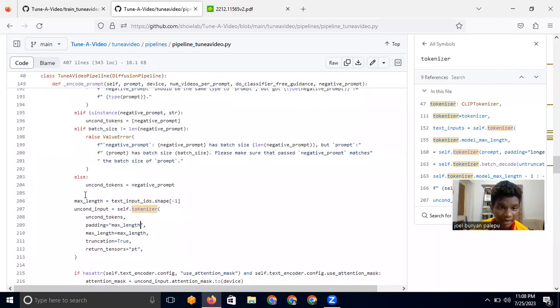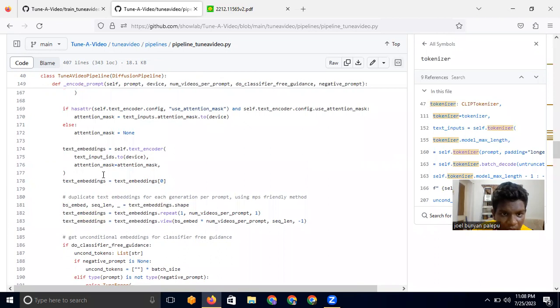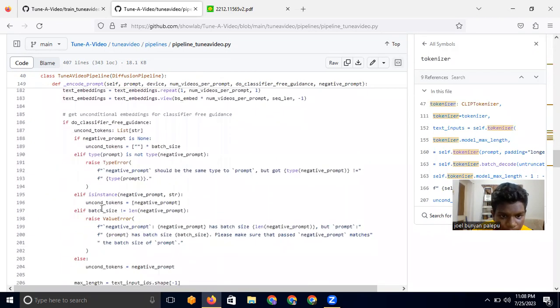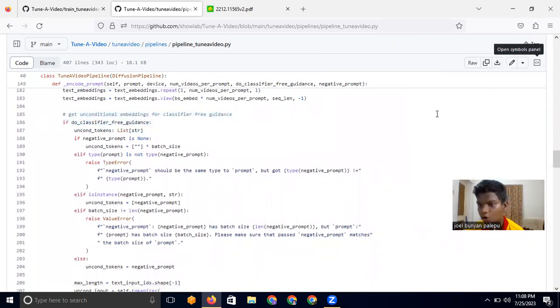So this is the unconditional input. Get unconditional embeddings for classifier free guidance. We'll be performing classifier free guidance. I hope you know what classifier free guidance is. So essentially what we'll be doing is, while training a diffusion model, we will take the prompt and encode it to an embedding. Rather than just passing this encoded embedding to the model to generate an image, we'll also be passing